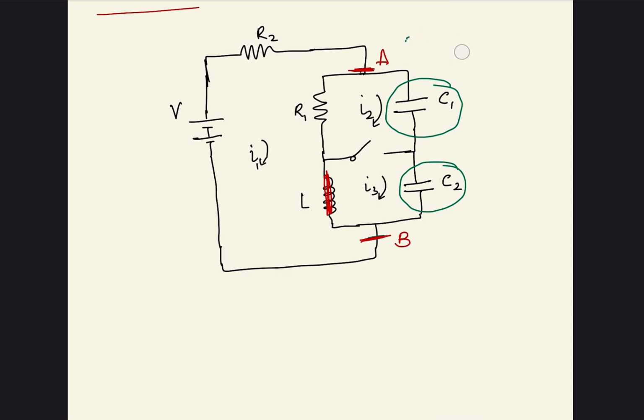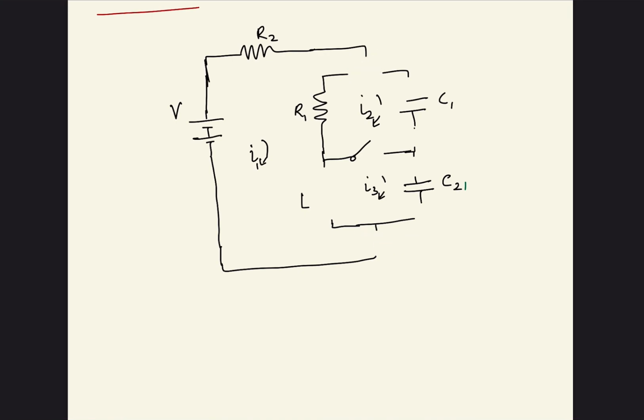Let me erase the extra stuff. This is C1. This is C2, this is I2, this is I3, this is K. Okay. Now, immediately after switching, if I take a look around this outer loop like this,